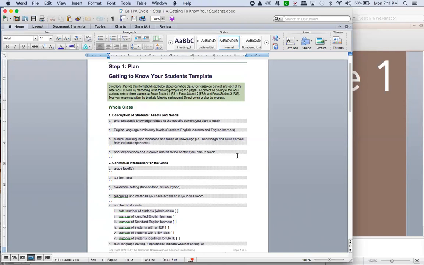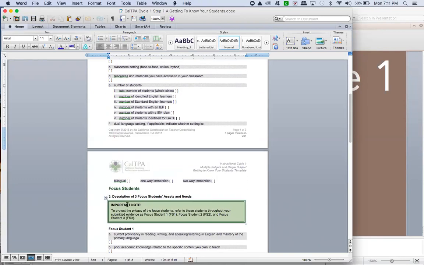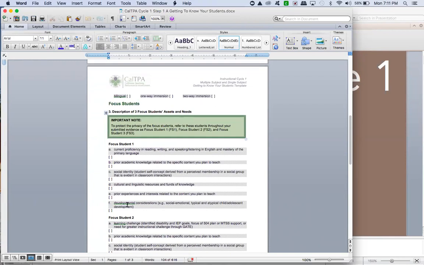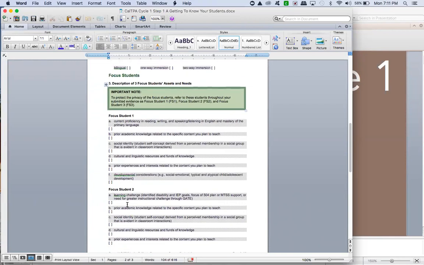But the template is very descriptive. It tells you exactly what they want. I mean, grade level, content area, classroom setting, resources, and all you're going to do is walk through this template for step 1 and put the details in there. I think since we're here, we can talk about the 3 focus students that you're going to need to identify